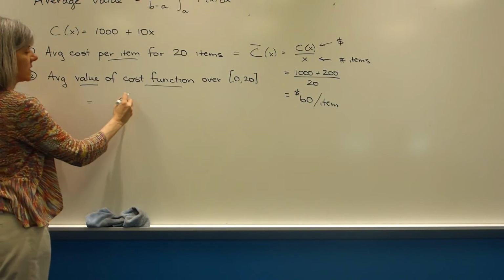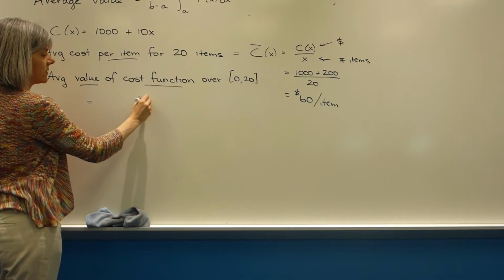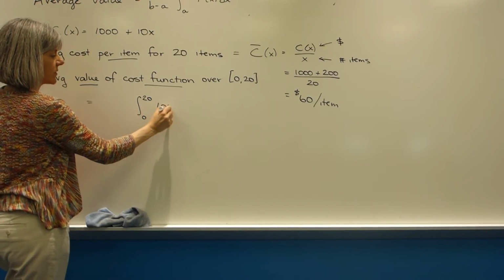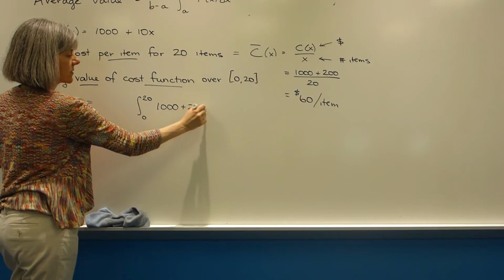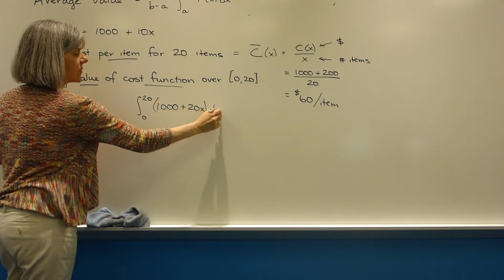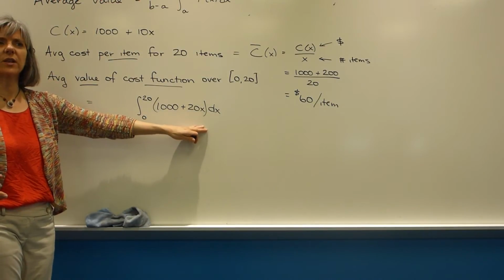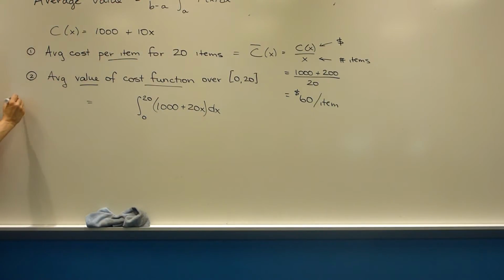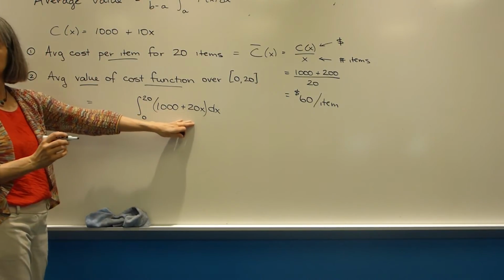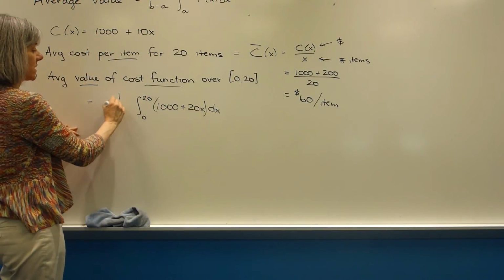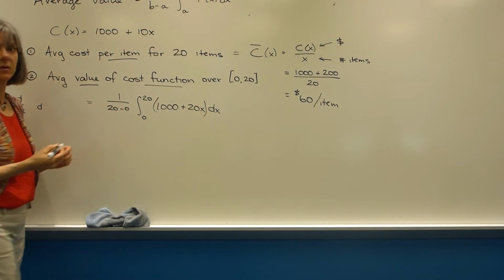Okay, so we're interested in 0 to 20 of the function 1,000 plus 20x. You'll notice on assignments I sometimes put in parentheses the dx. That's really the complete notation, just like if you were finding a derivative, you'd say d/dx. You would never just write d, right? That'd be kind of weird. d/dx tells you what variable, so I keep putting that on. So here's this part, and then you want to say divided by 20 minus 0, and then just